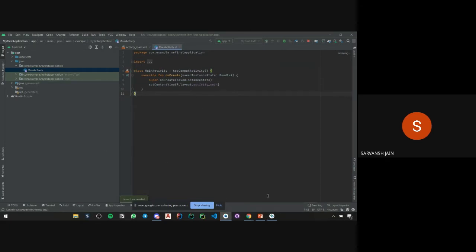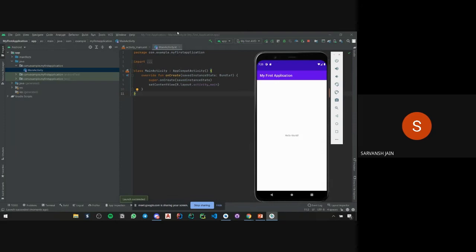So now I have run the default code which comes on creating a new project. The banner is coming, my first application. As I have named my project my first application, it then prints hello world in the middle.